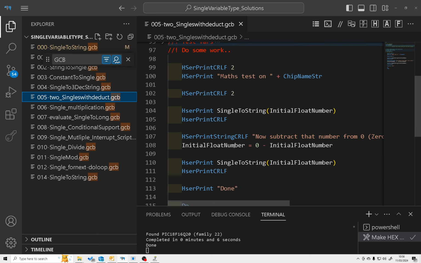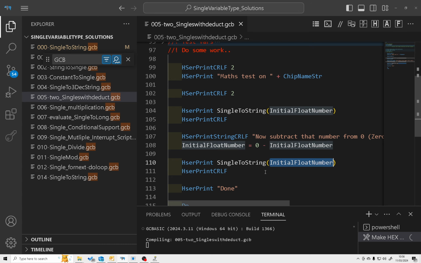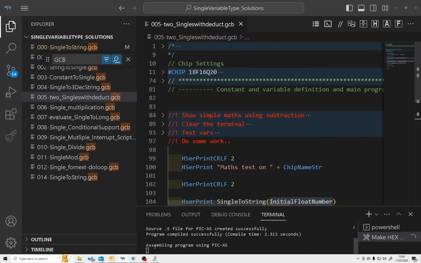It says there's an initial float value. I deduct it from 0. I want to see the answer. So, initial float value. I deduct it from 0. I want to see the answer. You should be able to guess what the initial number was. When we see the terminal,